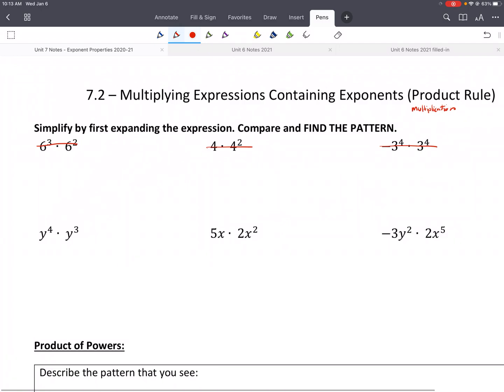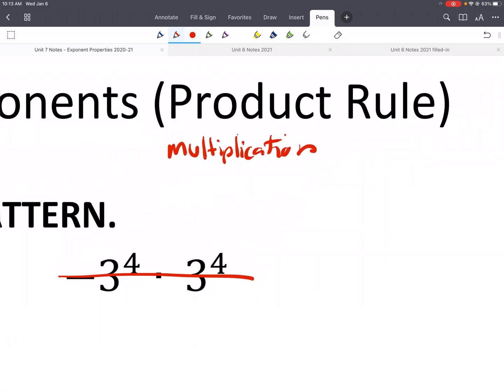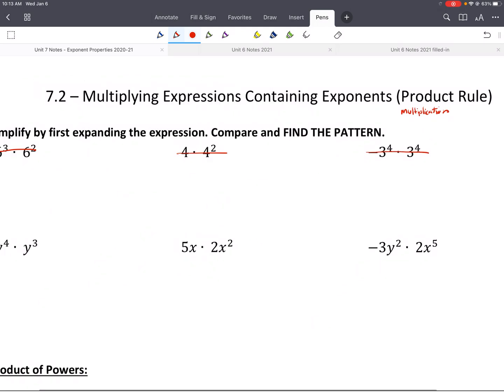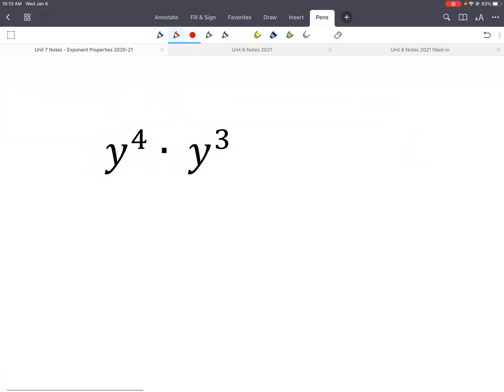Okay, this is called the product rule. Another way to say that is multiplication rule. So if we're multiplying like bases, like here we have a y and a y, if they're the same base, what happens when we multiply them? What happens to their exponents? So to do this, what we're going to do is expand the expressions,